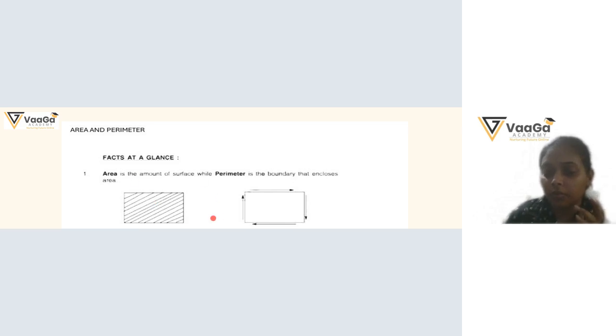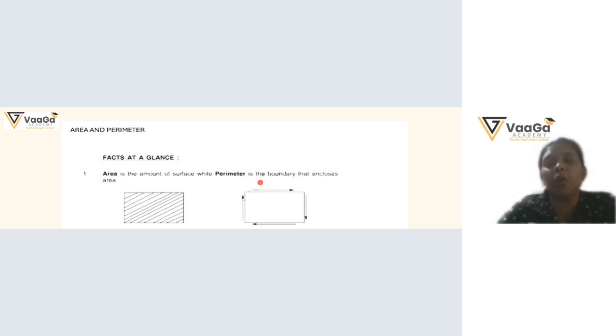For a rectangle, all I have to do is add all the sides together. Very good. And what about the area? How will you find the area? I have to do length times breadth. Very good. So similarly, when it comes to the square, for the perimeter you'll add all the sides again. What about the area? Area, I'll do length times breadth.